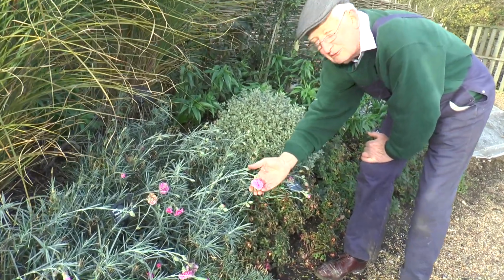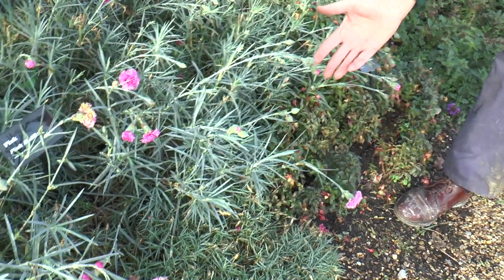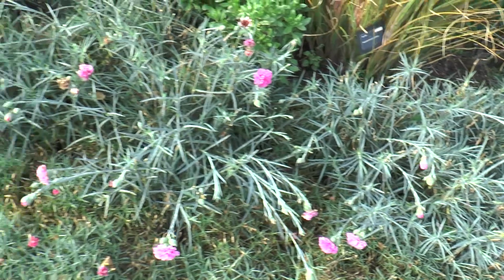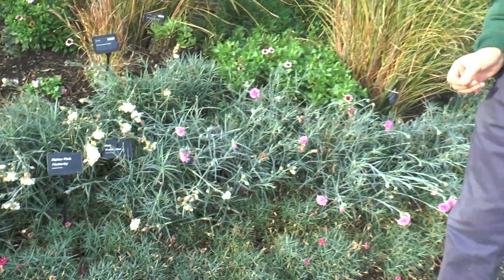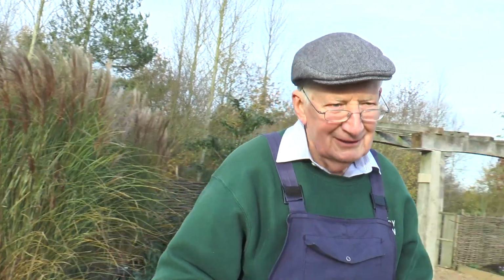Fragrant. This one, Pink Ruffles, particularly well scented. But just look at the flower buds still on it in November. Little flower from June right the way through, pretty well until Christmas. And then there's the white, equally fragrant, and across the way here